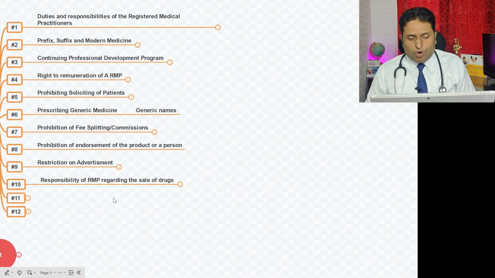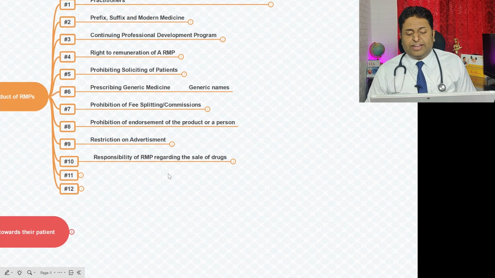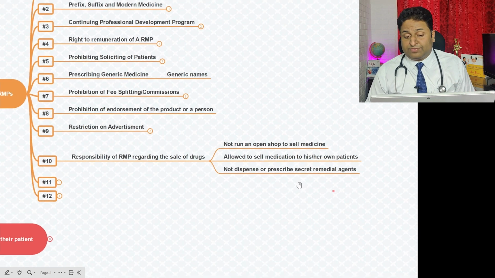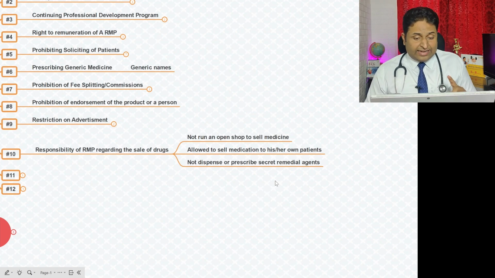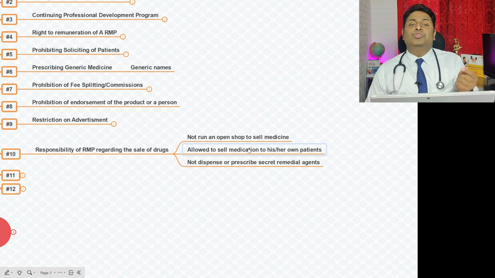And the 10th point is responsibility of registered medical practitioners regarding the sales of drugs. So what can be done in terms of sales of drugs? Doctors cannot run an open shop to sell medicine to everyone. But you are allowed to sell medication to your own patients.